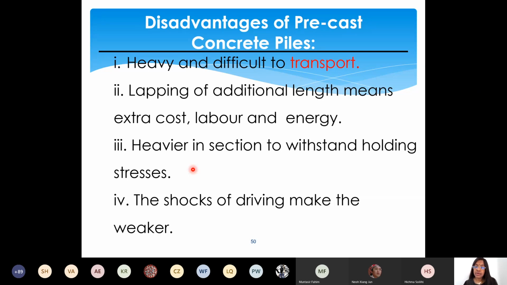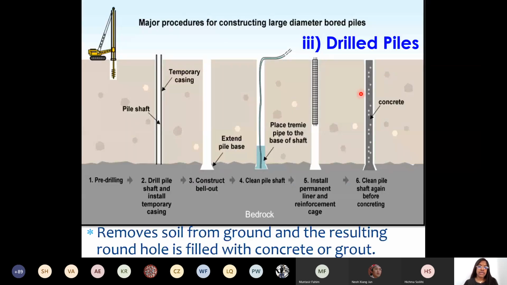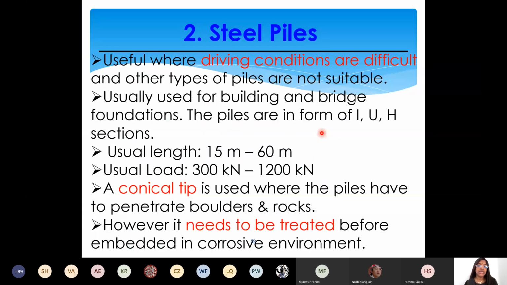Okay, right. Drilled piles. This we have also seen already. You just dig a hole by using this shaft, put the reinforcement, clean, and then pour the concrete. Reinforcement comes first. This we all see already. Next type is